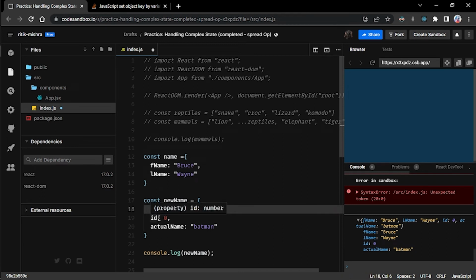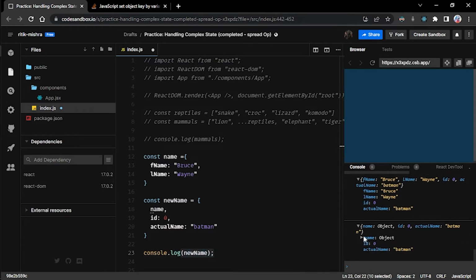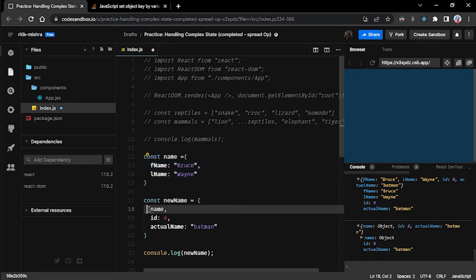Now some of you might be wondering, what would happen if we directly mentioned this name here instead of using these 3 dots. So let's see what happens if we remove this. Now if we take a look inside this new name object of ours, you'll be able to see that instead of actually spreading and appending the individual elements of the name object inside new name, by the simple mention of the name object here, it actually